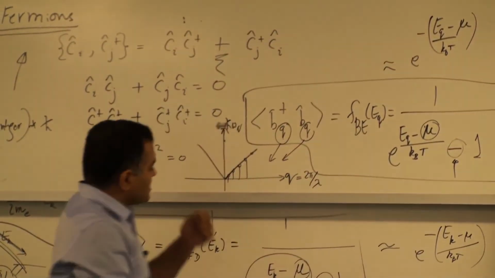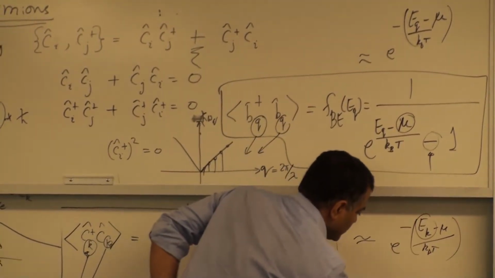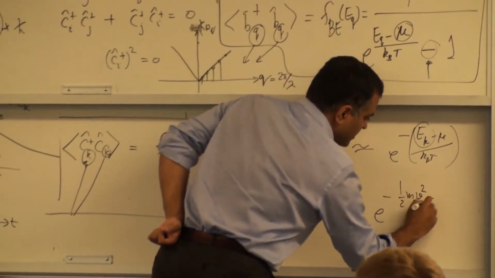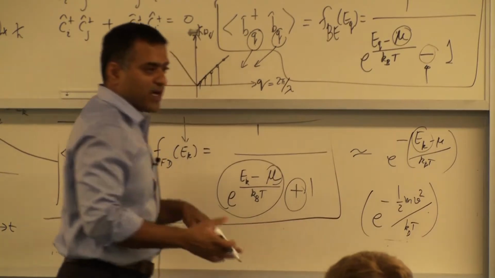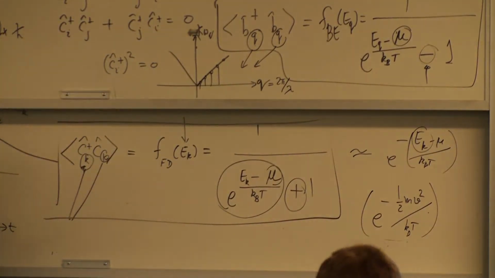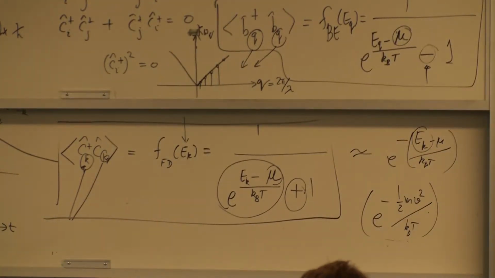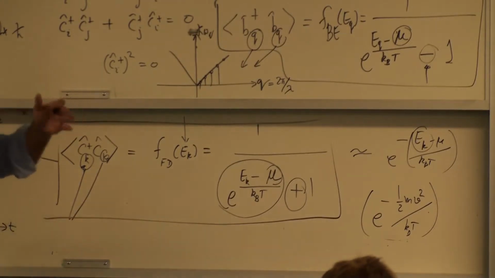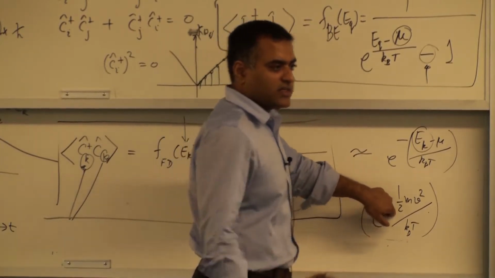Classically, if you are talking about particles like electrons, this is the energy. So, except for the chemical potential, which is a constant term, it will be one half m v squared over k_B T. This is called the Maxwellian distribution. This was classical mechanics. Before quantum mechanics came along, people already knew there was a distribution like this to explain the motion of gases and collisions of molecules and atoms, and how they distribute energy. This is called the Maxwellian distribution of energies. You can see it's a Gaussian in the velocity of particles.